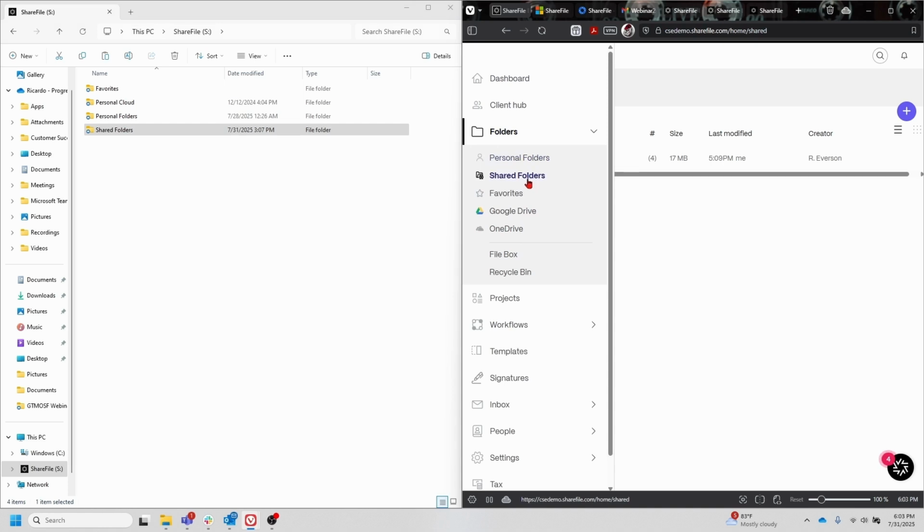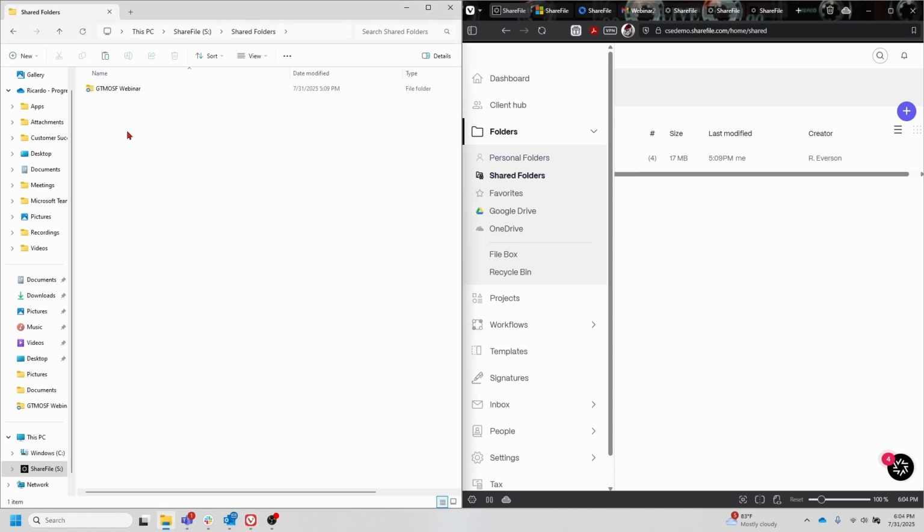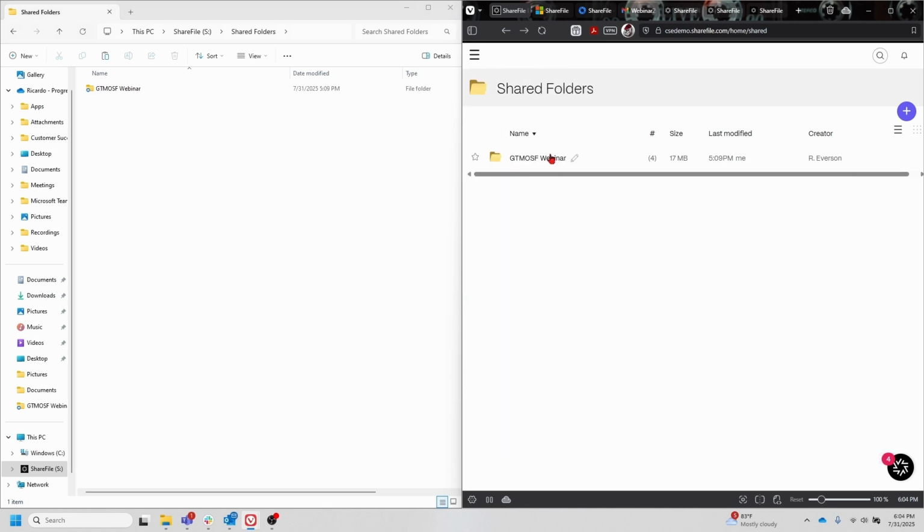As I back out into the tool, and we back out here, I have my shared folders here. We'll dig down into the tool. And then when we open up shared folders within the web app, we see we have the same folder. I want to back up a little bit just to show you how you know the tool is up and running